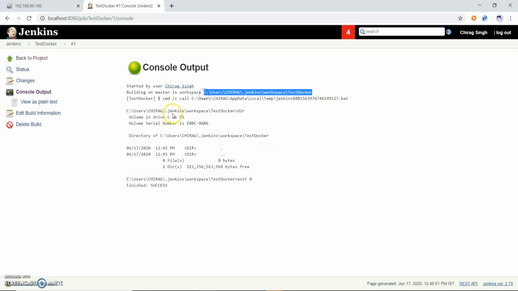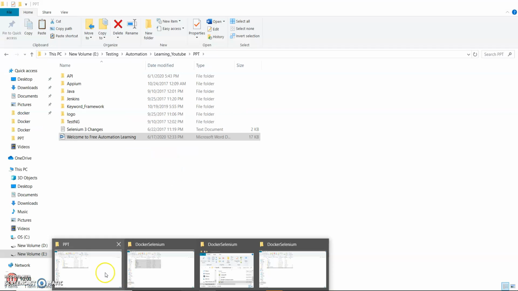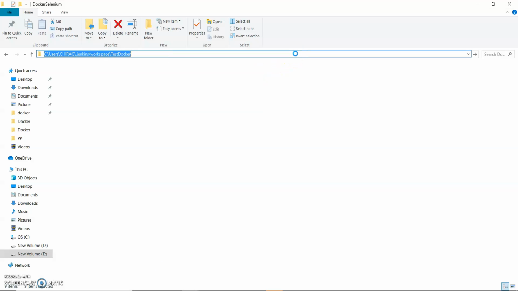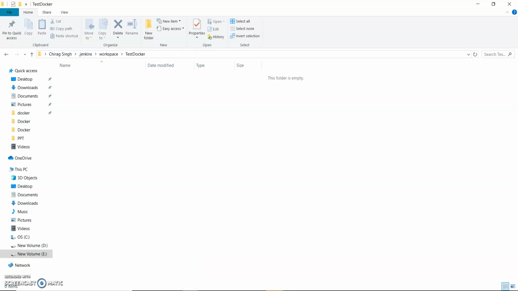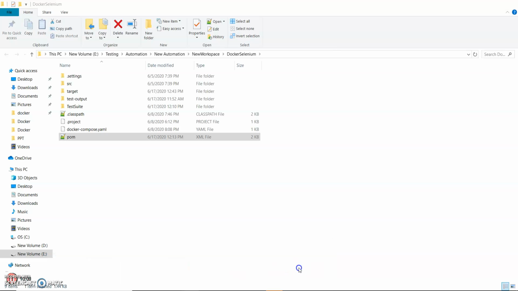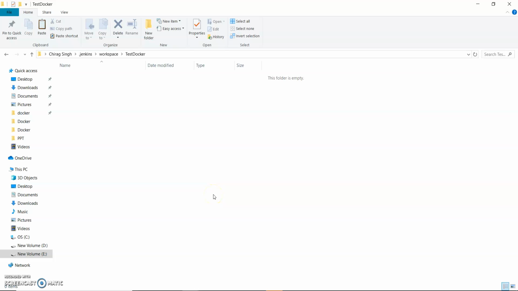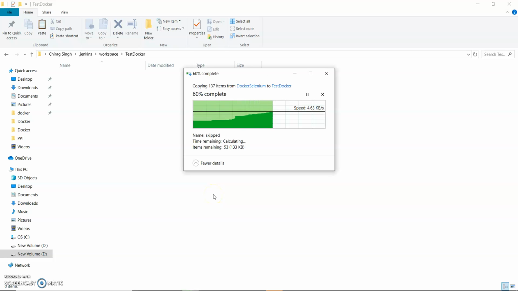and if I click, then I will get my build passed and it is successfully set up. So I copy the build master in workspace, the workspace in which my Jenkins job has been created. So I just go and copy, open this. Now as I do not use any version control, so manually I have to copy all my code under workspace, docker